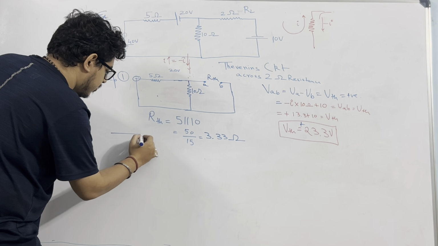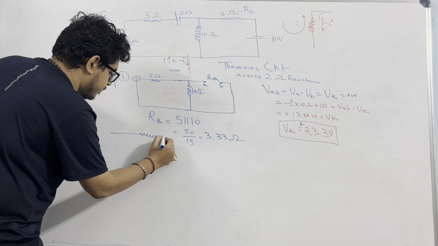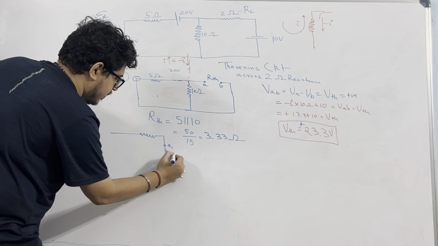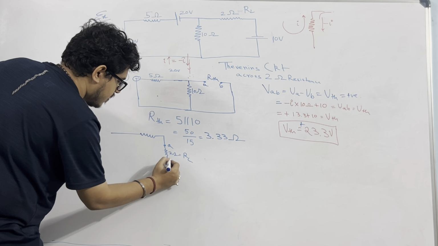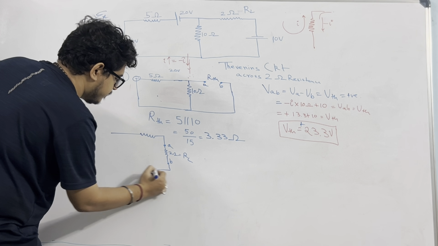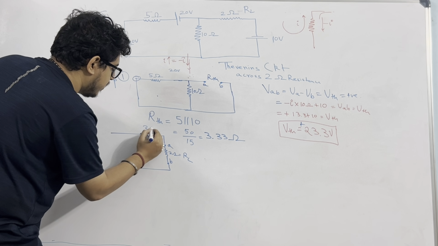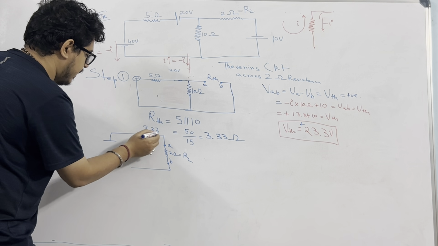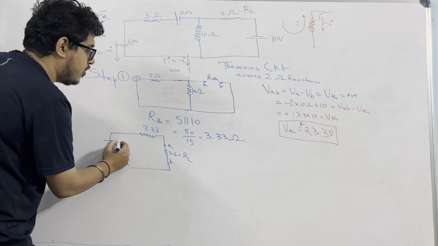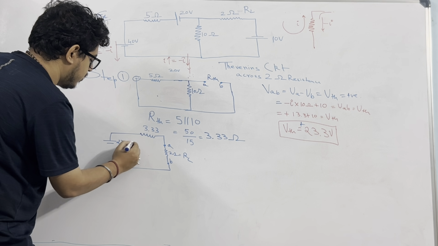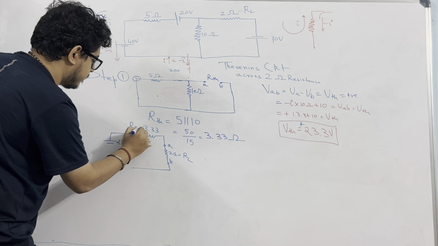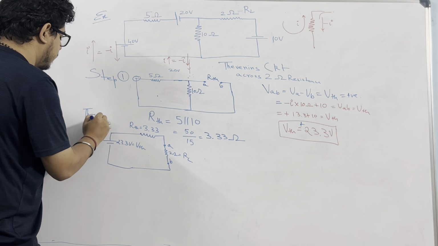So first, this is the load. This is the load, A. 2 ohm resistance equal to RL, B. The value of RTH is 3.33, and the positive terminal is to be connected from A. The value of 23.3 volt equals VTH. So this is the Thevenin's